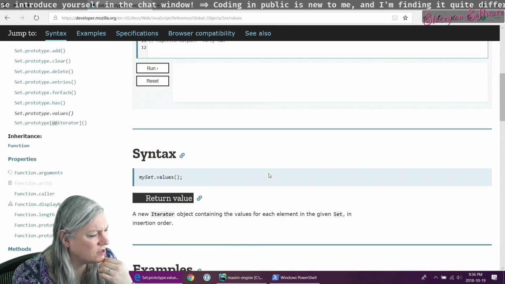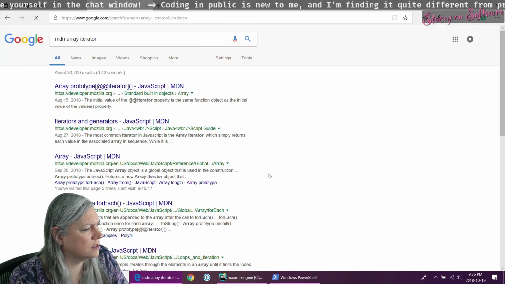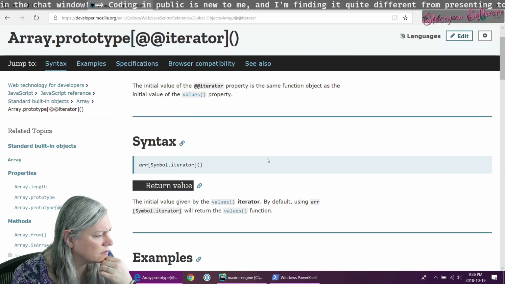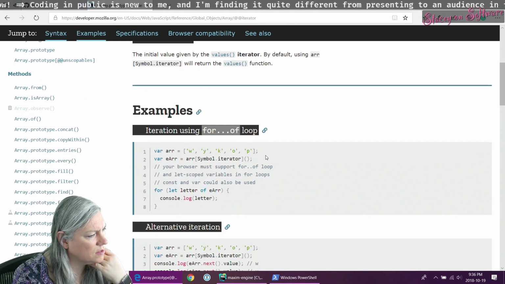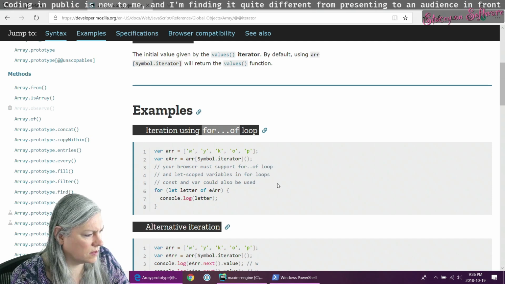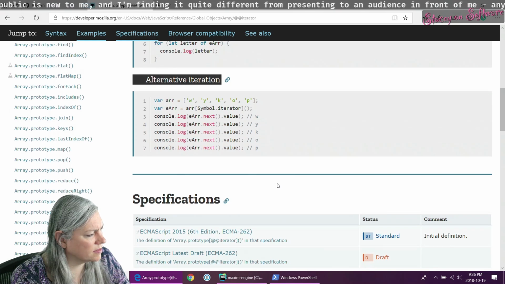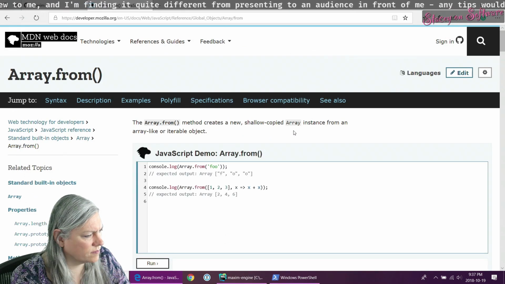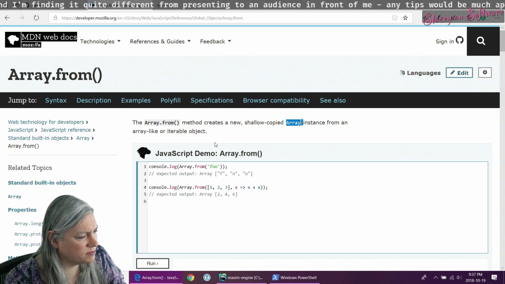So how do I turn that iterator nicely into an array? Array.from shall copy an array instance from an array-like or iterable object.